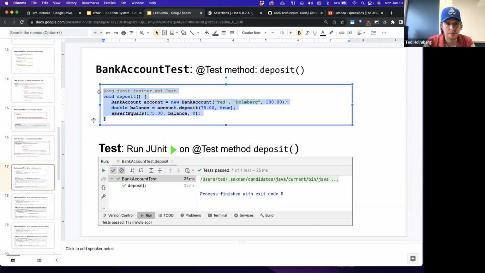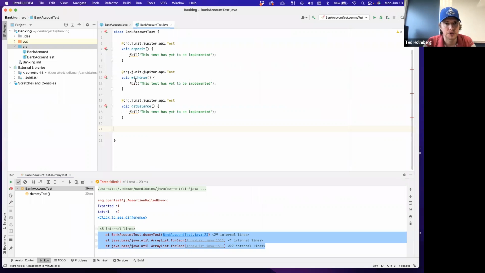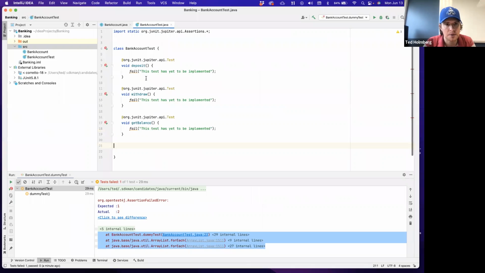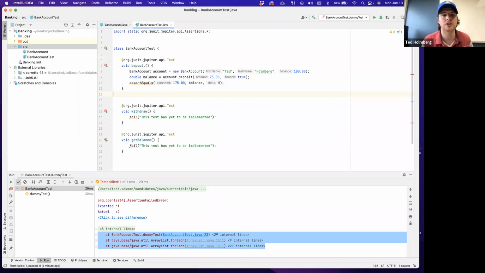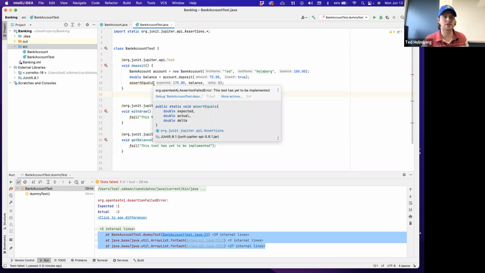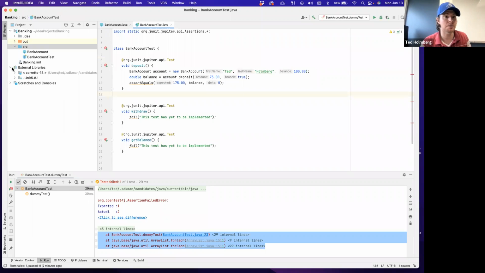So here, let me grab this and then we'll talk a little bit about what it does. So let me go into deposit. So here, this is my deposit. Right now, it's just stubbed out and it's just designed to fail. So instead of doing that, let's actually give it an implementation. And before I read out the code, I just want to refer back to illustrate one of the cool things about